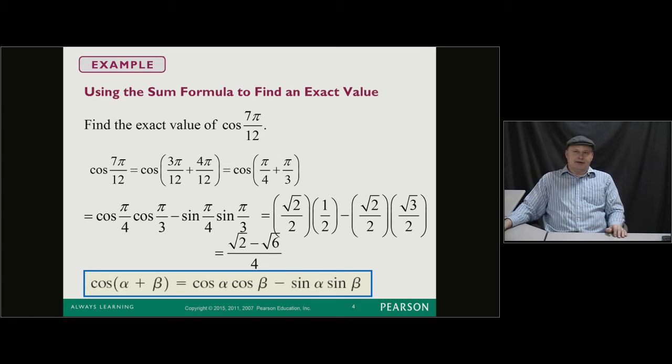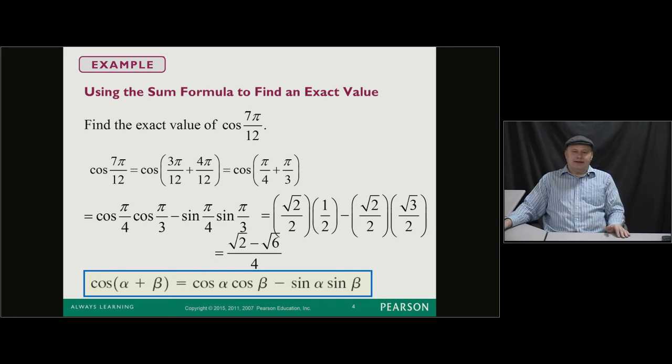Now, a couple things here. Square root of 2 minus the square root of 6 cannot be simplified. I know it's tempting to make it negative square root of 4, square root of negative 4, or negative square root of 4. But you can't combine square root of 2 minus the square root of 6. So that cannot be simplified any further. Okay? Now what you could do is use your calculator to evaluate square root of 2 minus the square root of 6 over 4. But that kind of,